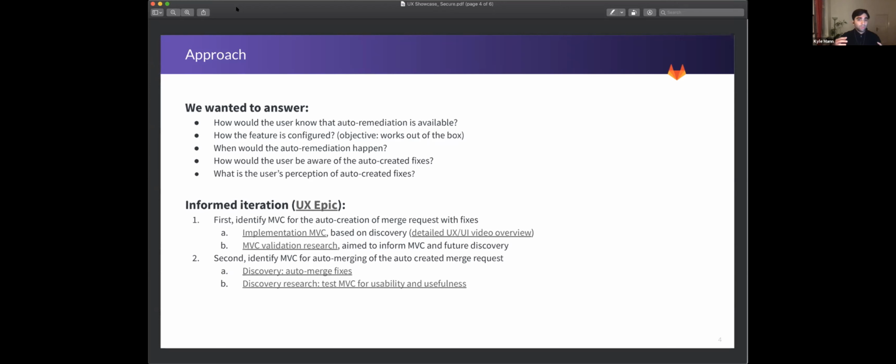How would the users be aware of auto-created fixes? And what is the user's perception of auto-created fixes happening? So we broke this up iteratively into a few steps, and I have all the links here if you're curious about them. The UX Epic lays it all out, but the first step is to identify an MVC where